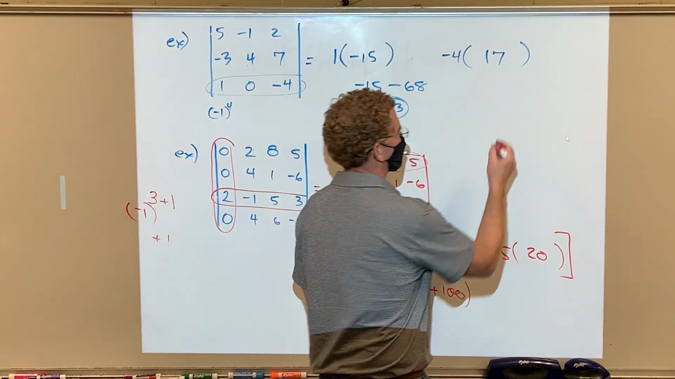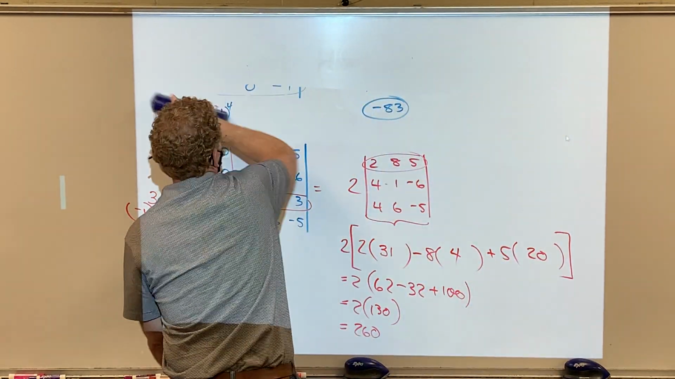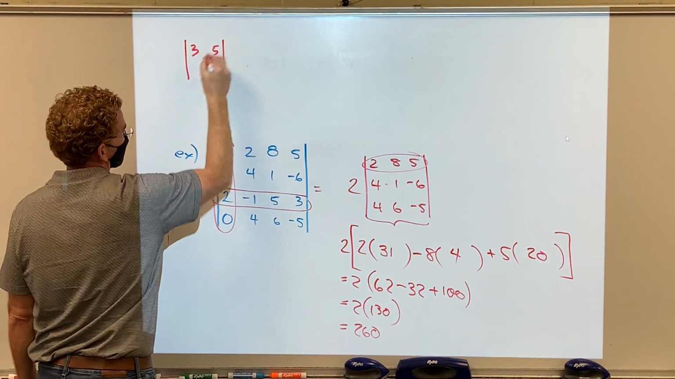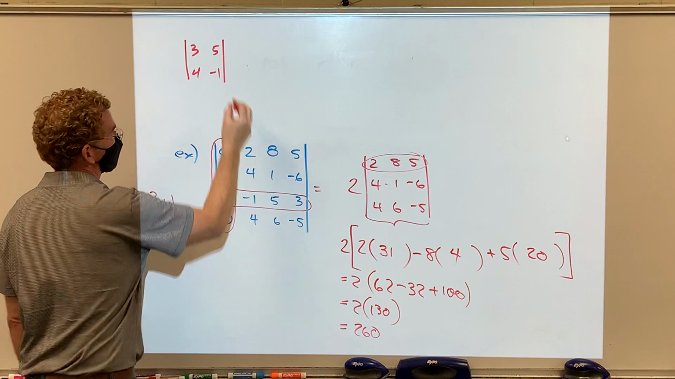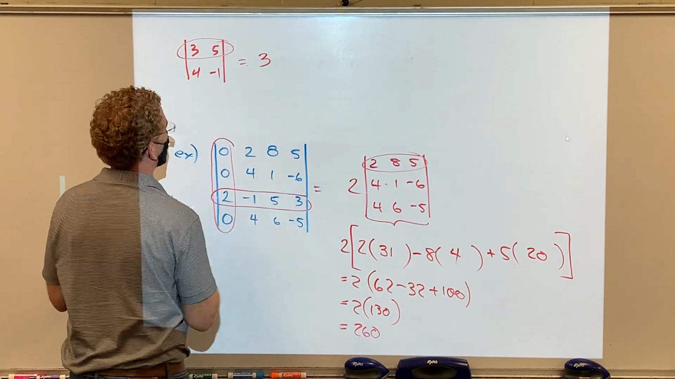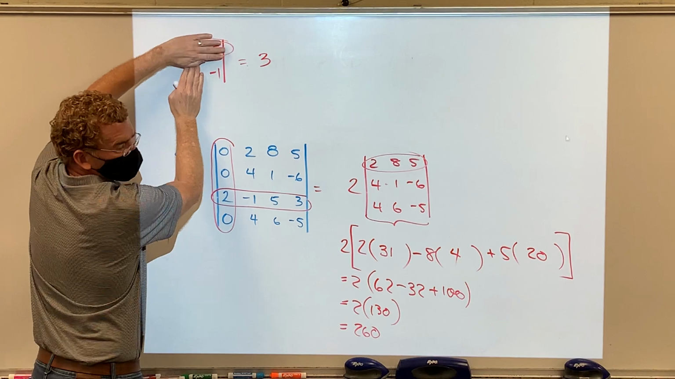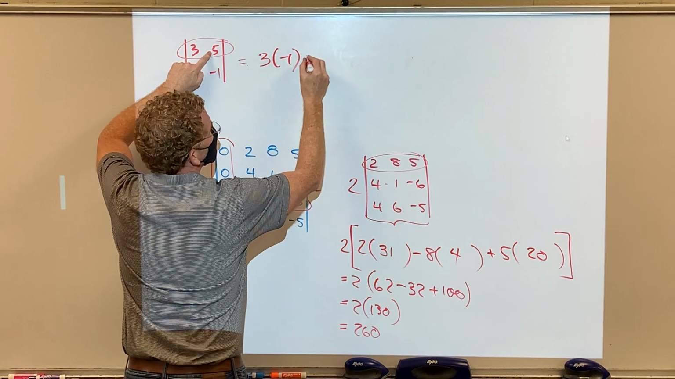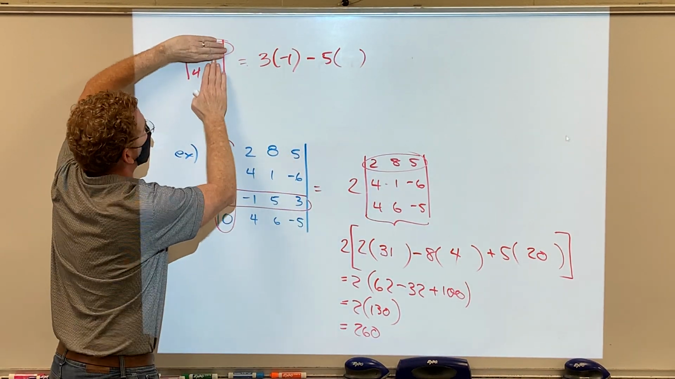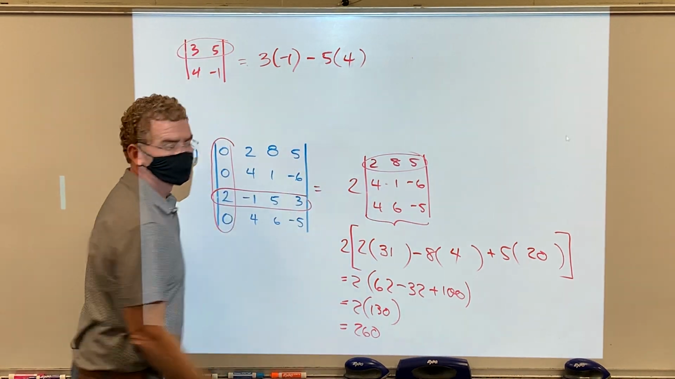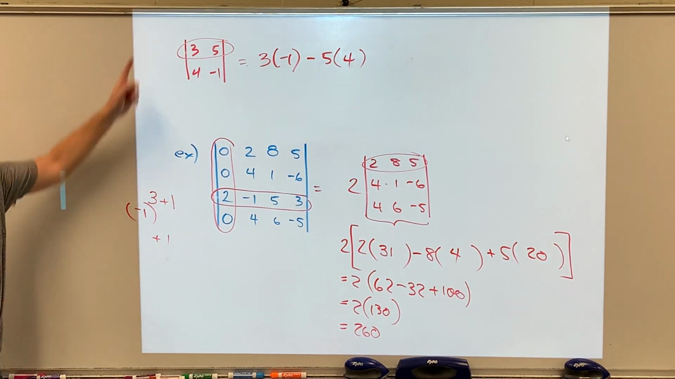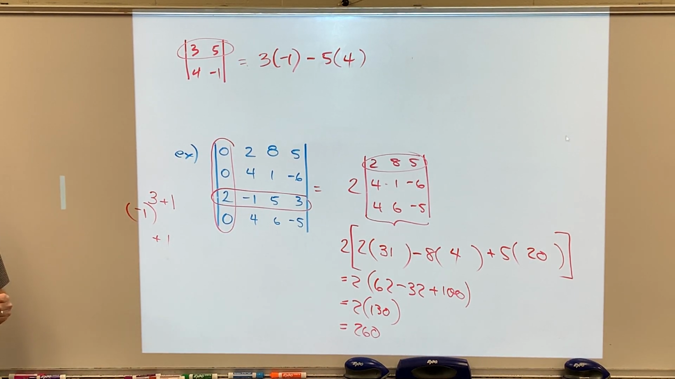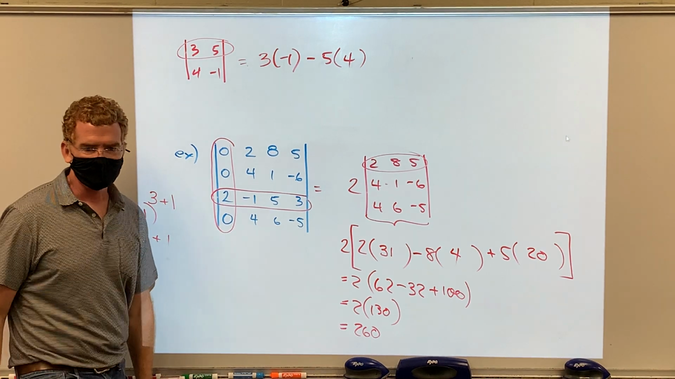How about this? Did you ever think about the expansion by minors with the 2x2? What would expansion by minors say? Pick a row. What's the minor of the 3? Okay? And then change the sign of the 5. What's the minor of the 5? There's your rule. 3 times -1 minus the 5 times 4. So expansion by minors works on anything. 2x2s, 3x3s, 8x8s. And tomorrow,